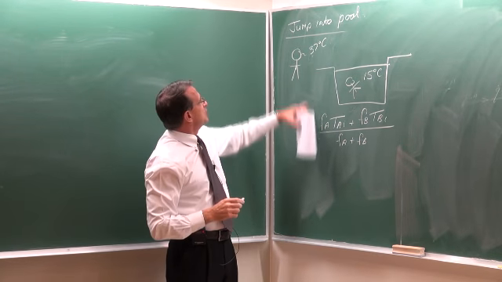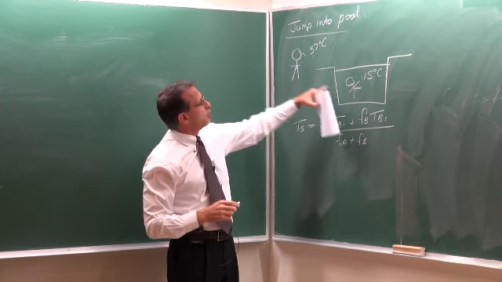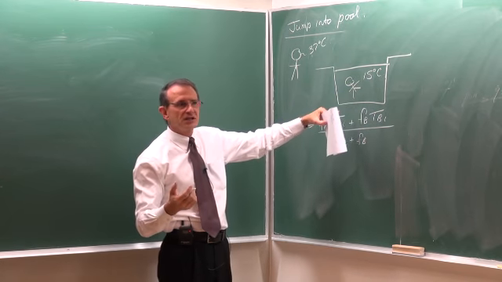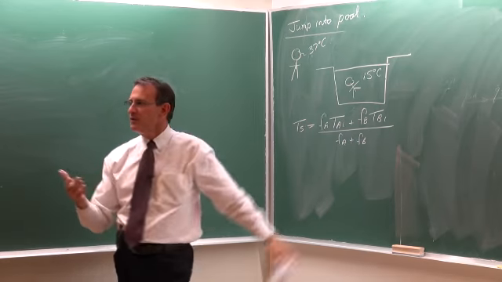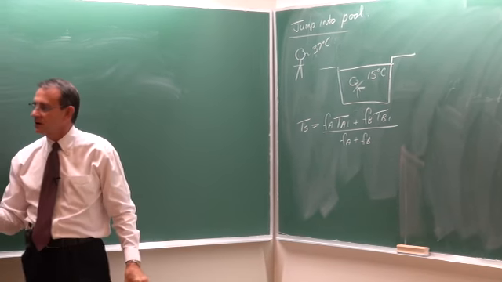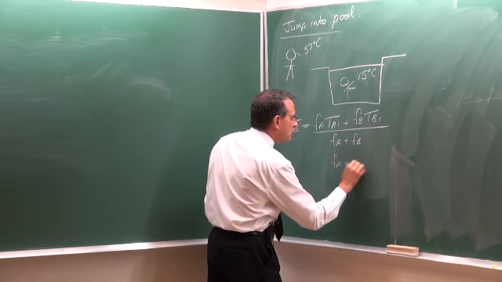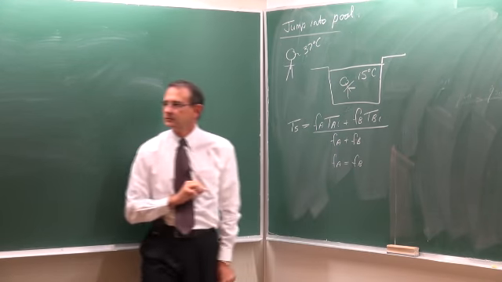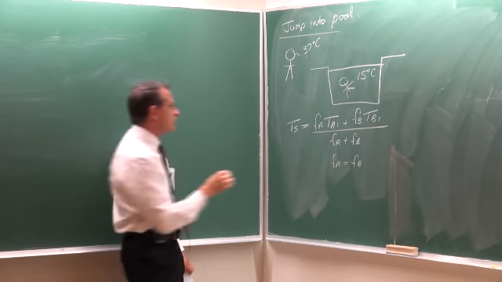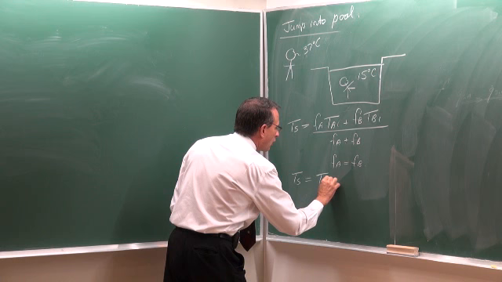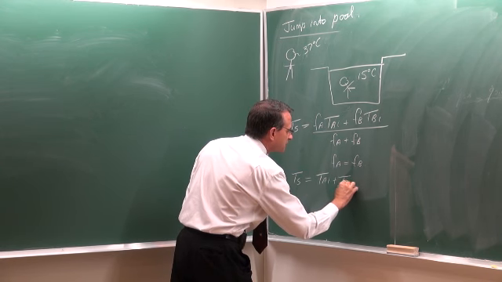Now, because 72% of our body is water, our thermal conductivity, our density, and our Cp values are very close to that of water. So for all practical purposes, Fa is equal to Fb, which means that our surface temperature is going to be the average of the two initial temperatures,